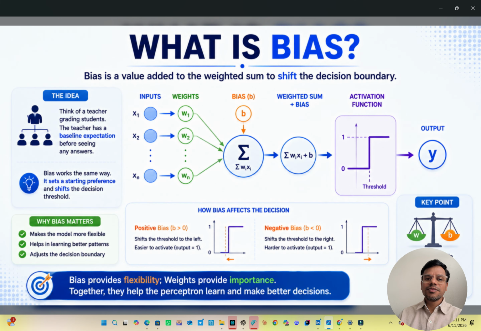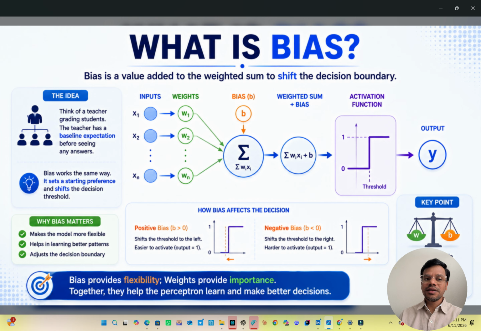So now we come to the bias. What is the bias, right? We have discussed inputs and weights. Now let's discuss another critical component, which is called bias. Bias can be thought of as a starting preference. It's a preference basically. Imagine a teacher